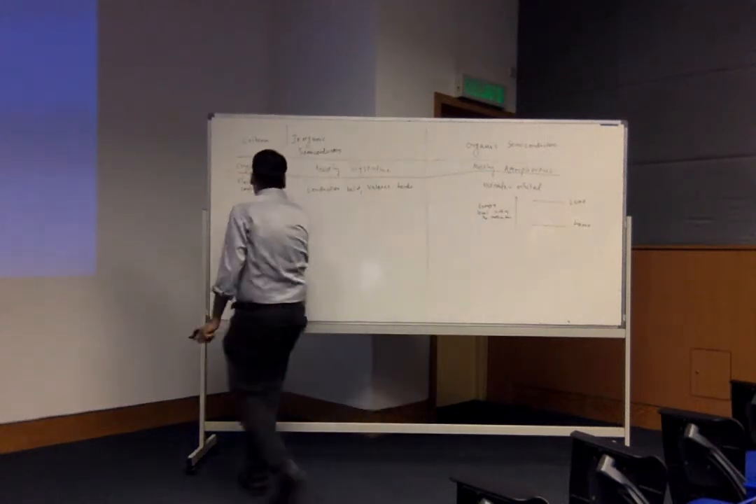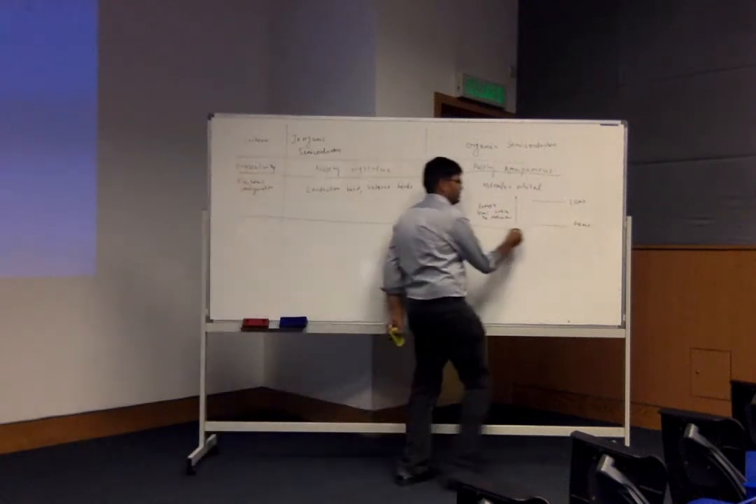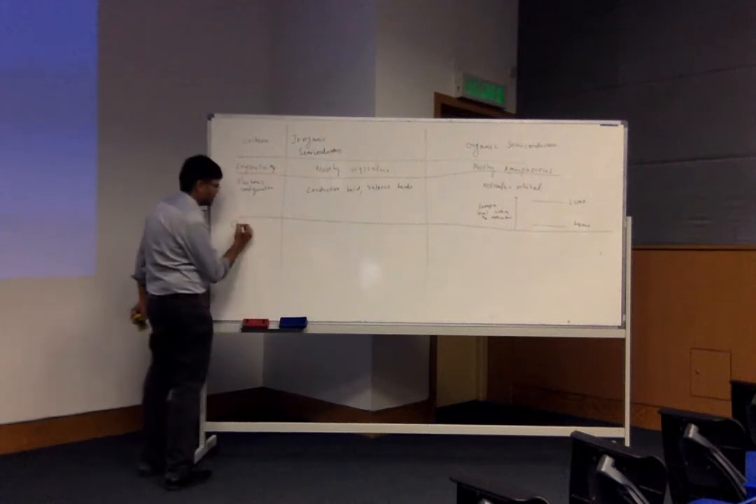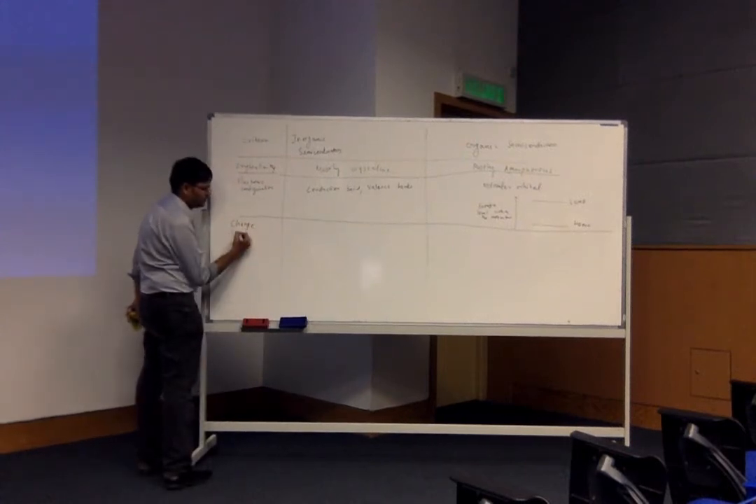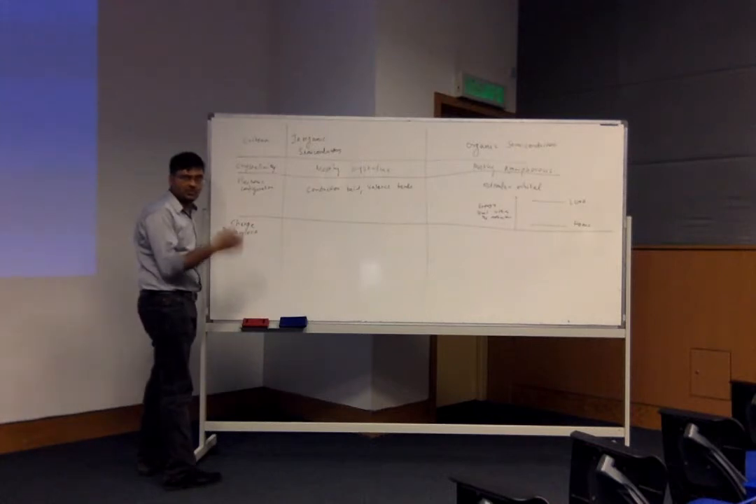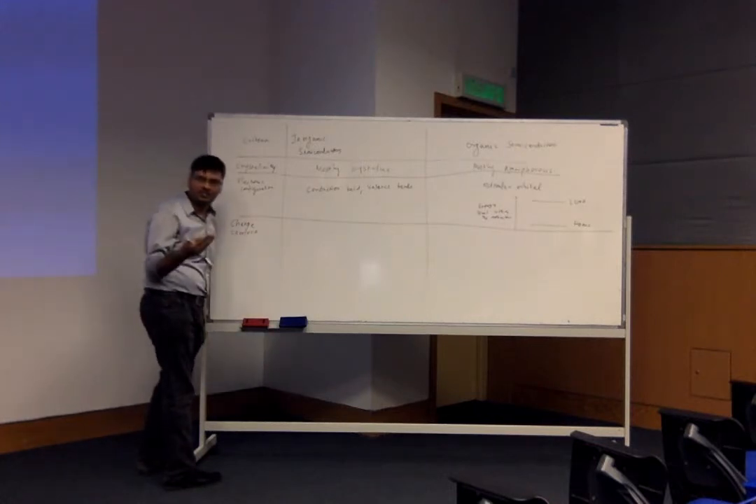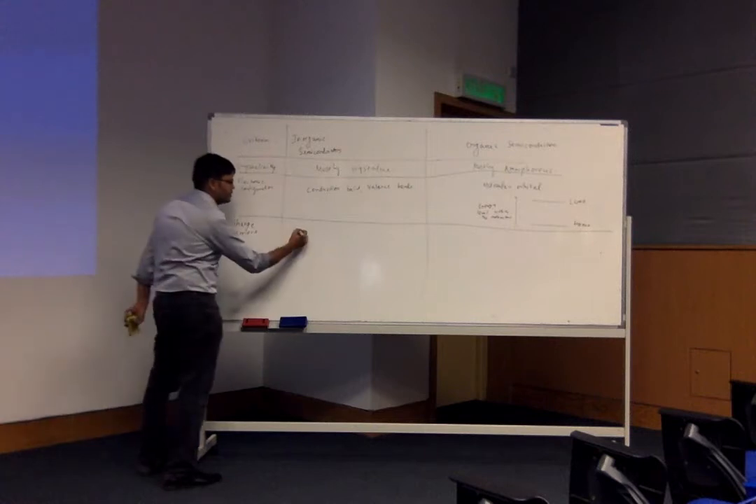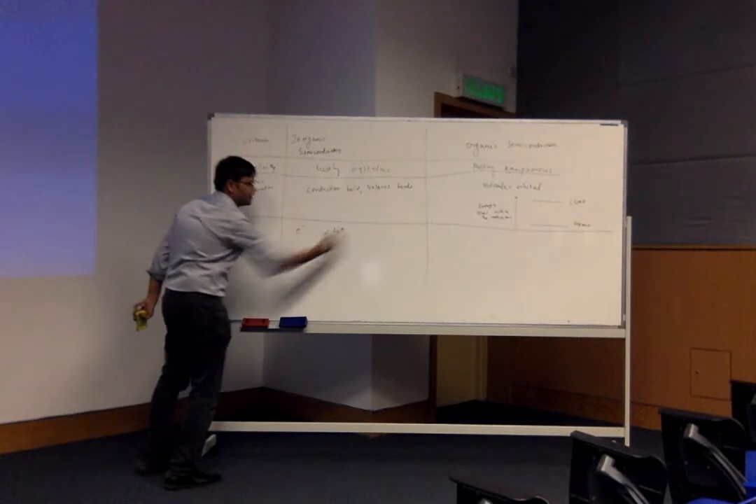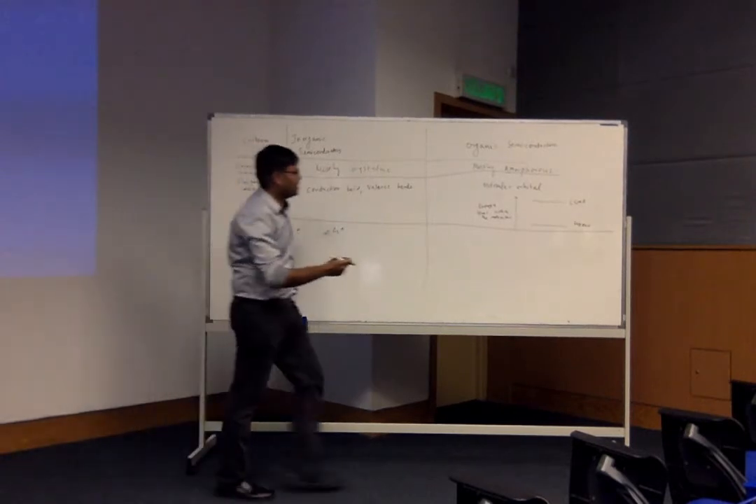Right. So what are the charge carriers in the case of inorganic semiconductors? What do I mean by charge carriers? Electrons and holes. So electrons and holes are the major charge carriers. But whereas in organic semiconductors,